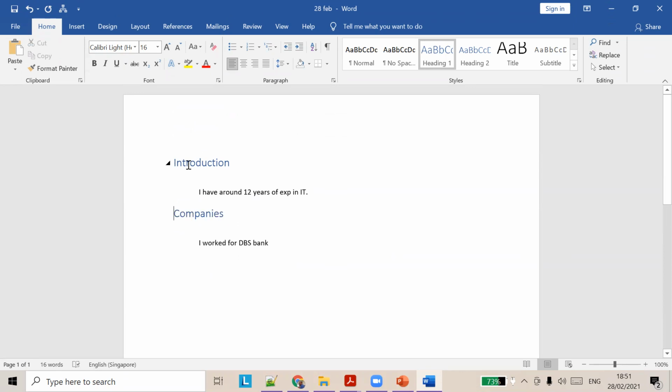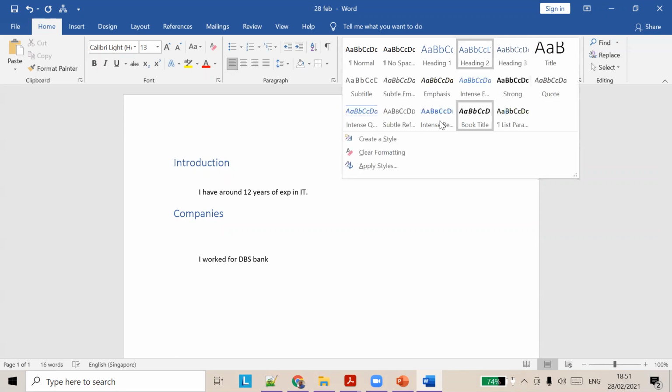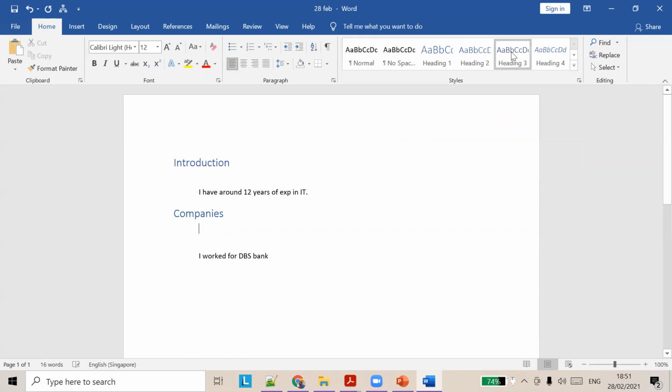You can have any number of headings in your document. So this is heading 1, and if I want a subheading, you can go to maybe heading level 2. That will give you a smaller text. Say instead of heading 1, we'll choose heading 4.